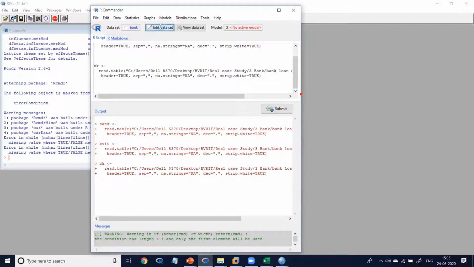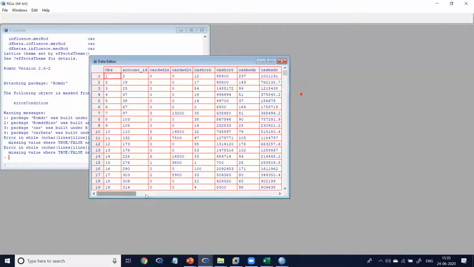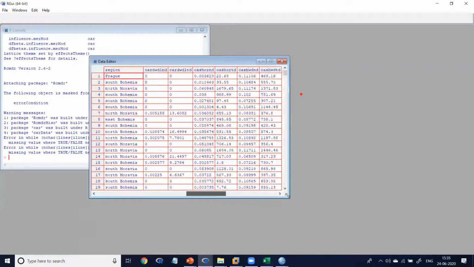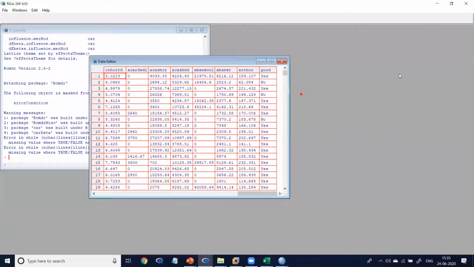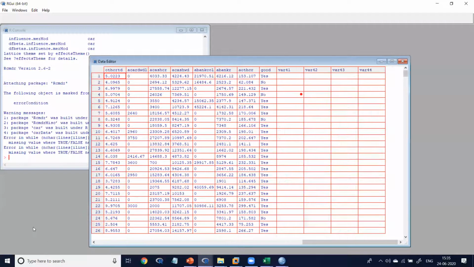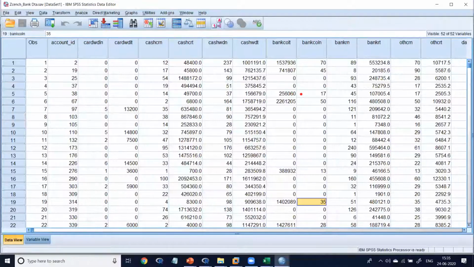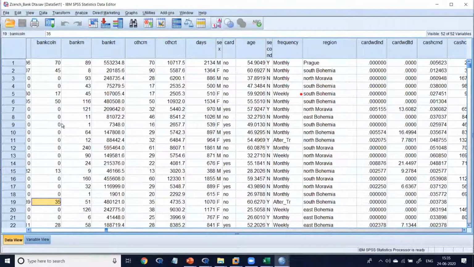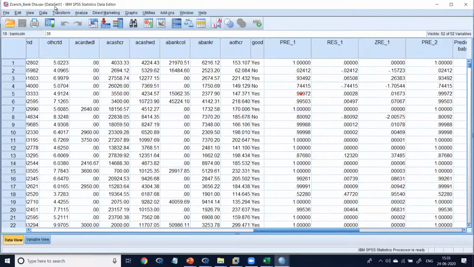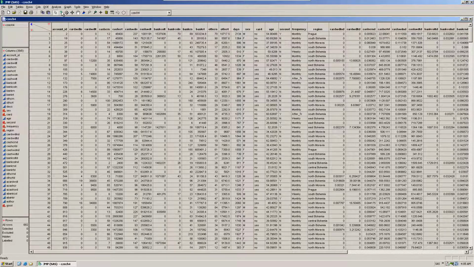See, the bank data looks like this, the same variables. I'm showing the same variables. Now SAS JMP, I'm showing the same variables.